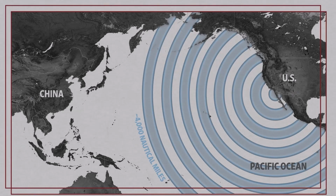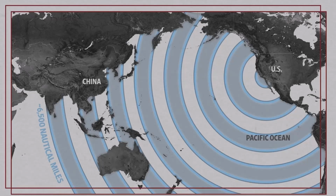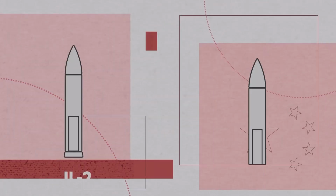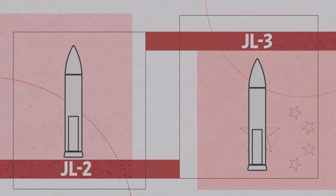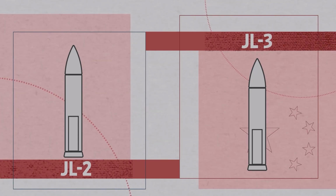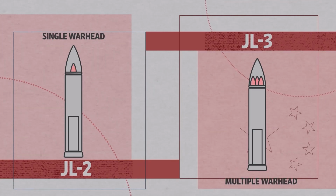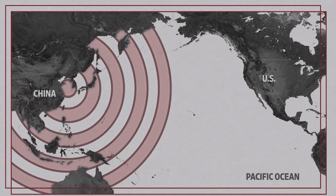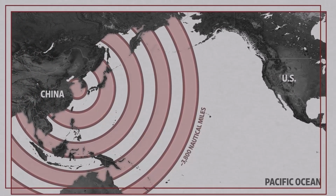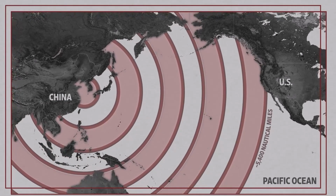And since 2017, the Navy has been updating these missiles to extend their life and increase their range even more, to about 6,480 nautical miles. The Department of Defense says that China's Jin-class submarines carry either the JL-2 or its next iteration, the JL-3. The JL-2 has 1 warhead, while the JL-3 has multiple. The JL-2's range is estimated to be about 3,780 nautical miles, and the JL-3's range reaches at least 5,400 nautical